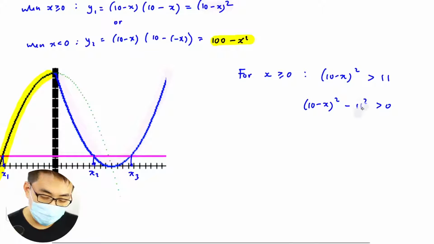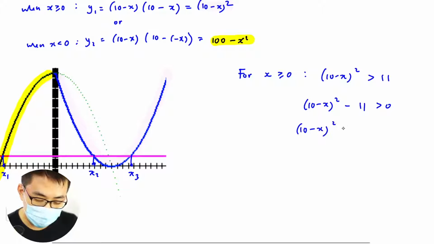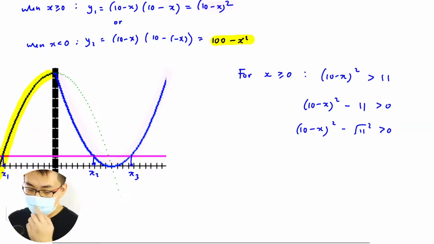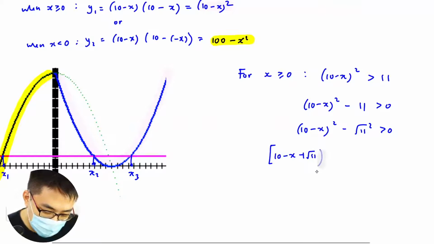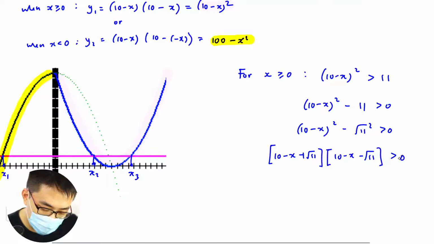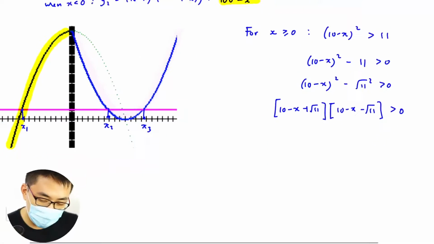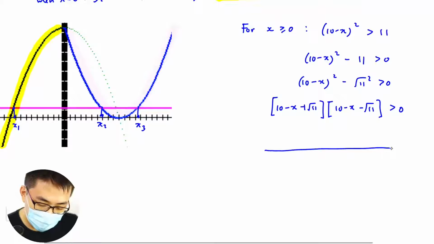Sorry, my bad, 10 minus x squared. I prefer this one. So a minus b, a plus b here. So in this case, it will be 10 minus x plus root 11, and then you have 10 minus x minus root 11. Okay, so this one would be, open it up. So we have